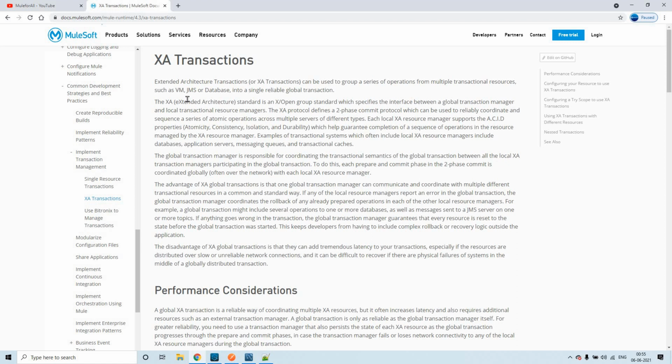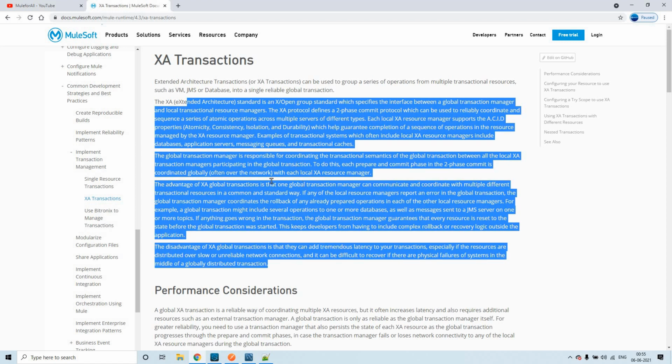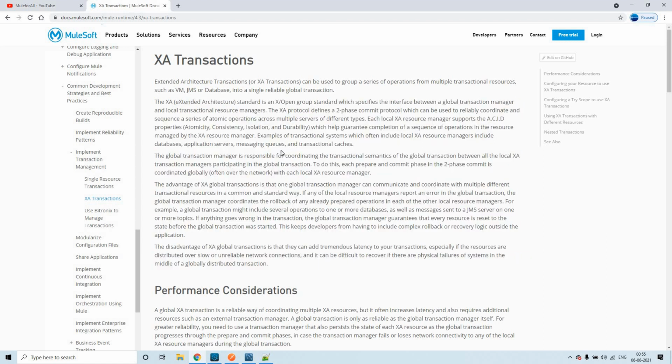They have given a lot of theory here. With XA transactions, we get reliability. For example, if all of a sudden the system crashes in between the transaction, this XA transaction will get the help or backup of the Bitronix transaction manager.